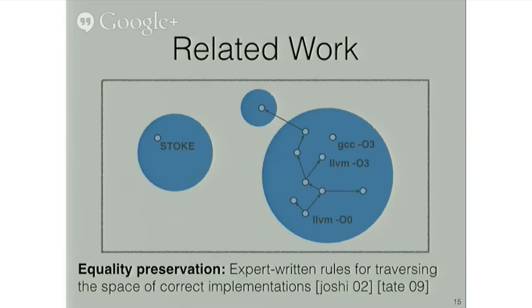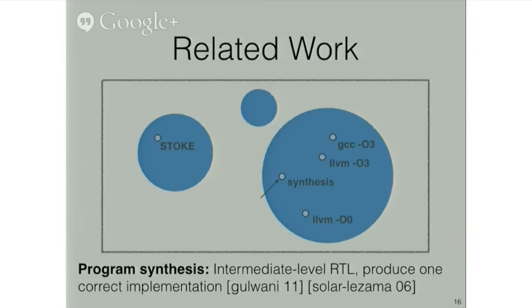Lastly, just a quick nod here. Program synthesis is an approach that removes this dependence on expert-written axioms in quite a few ways. Unfortunately, in the interest of tractability, most of these programs operate on high-level IRs that use bit vector calculi rather than directly on executable assembly. And as a result, they have no way of reasoning directly about the performance properties of the code that they ultimately produce. So although these techniques do work, and they work quite well and quite often, they can be thought of as throwing a dart, which will land somewhere on this picture in a correct region. But beyond that, there isn't anything we can say about the performance.